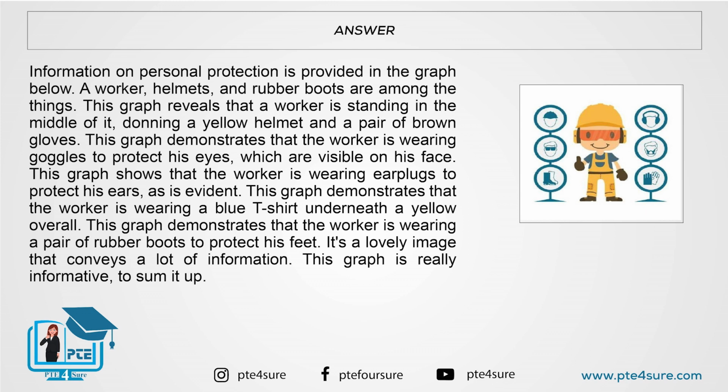This graph demonstrates that the worker is wearing a blue t-shirt underneath a yellow overall. This graph demonstrates that the worker is wearing a pair of rubber boots to protect his feet. It's a lovely image that conveys a lot of information. This graph is really informative. To sum it up,